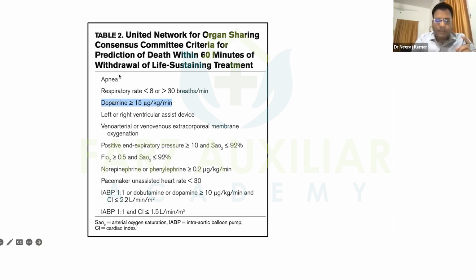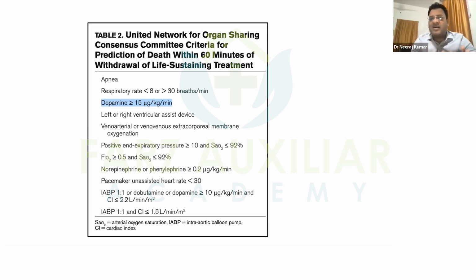If the patient is having apnea, if the respiratory rate is lesser than 8 or more than 30, if the dopamine requirement of that patient is more than 15 microgram per kg body weight per minute, if the patient is requiring some form of VAD like a ventricular assist device, or if the patient is undergoing either VV or VA ECMO, if the patient is requiring very high PEEP, if the patient is requiring an FiO2 of 50% or SpO2 of less than 92%, if the patient's norepinephrine or phenylephrine requirement is more than or equal to 0.2 microgram per kg body weight per minute,